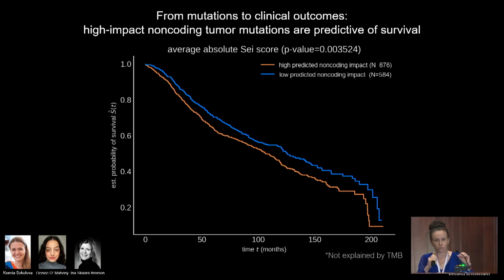So we're not actually taking into account known coding mutations. We are making sure this is not a tumor mutation burden-based division. All the obvious things, gene size, we've looked at, it's not just that we're putting all the low survival cancers in one, it's really not any of the obvious things. And you can see that there's actually quite significant and substantial difference in survival based on dividing these patients purely based on this non-coding effect.